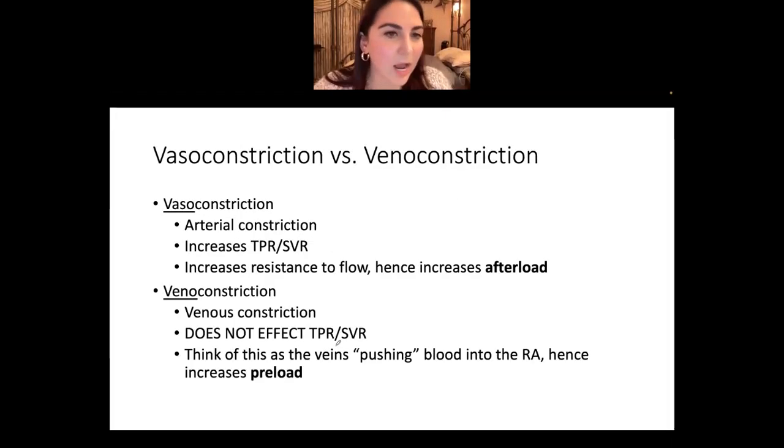And then similarly, like I kind of mentioned, vaso versus venoconstriction, again, talking about this in terms of the RAS system and relevant pharm. When they talk about vaso,